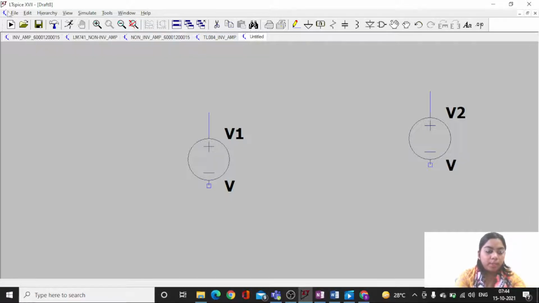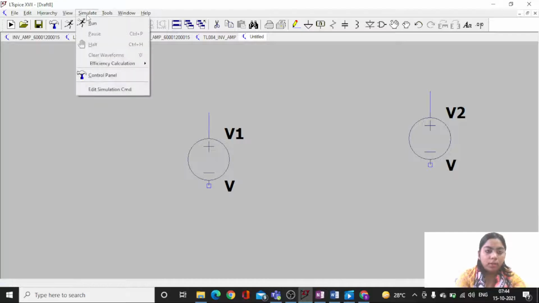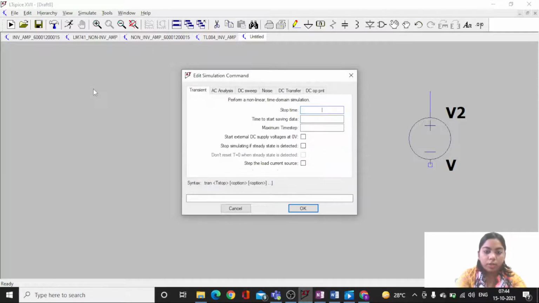Then we have another option that is for simulation. This is the symbol for simulation, or else if you don't want to simulate from here, you have another option of simulate, edit simulation command. This is also one of the important criteria while you are running a circuit.